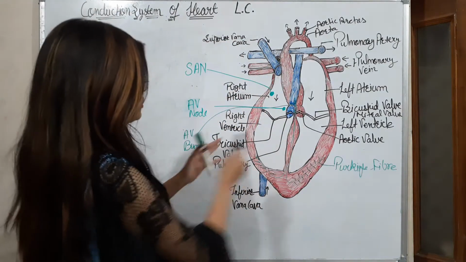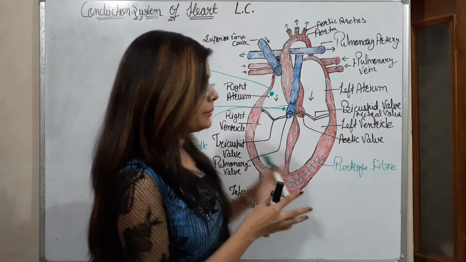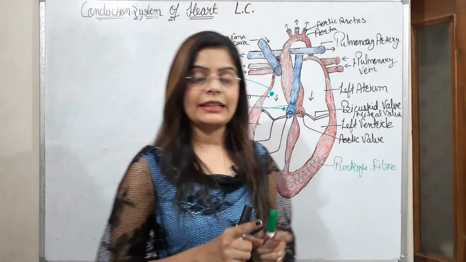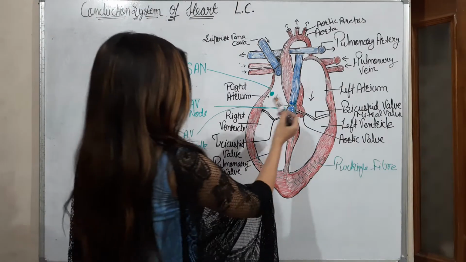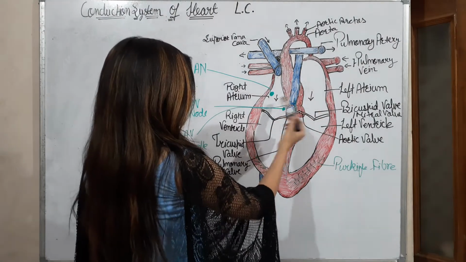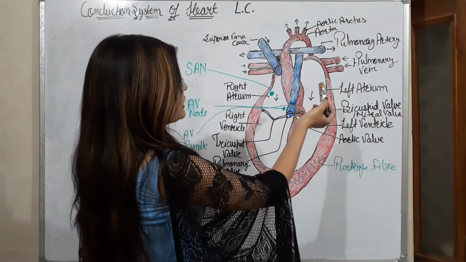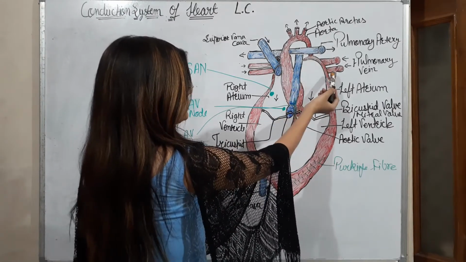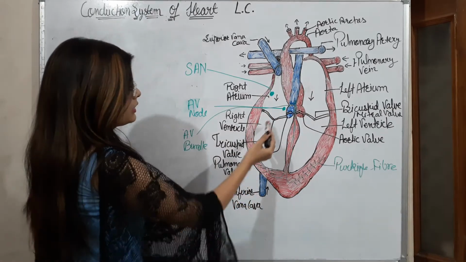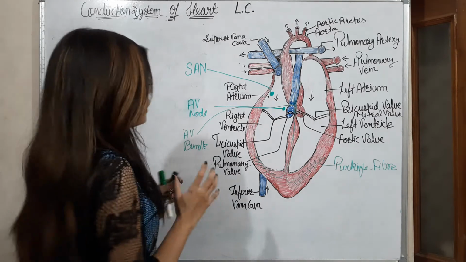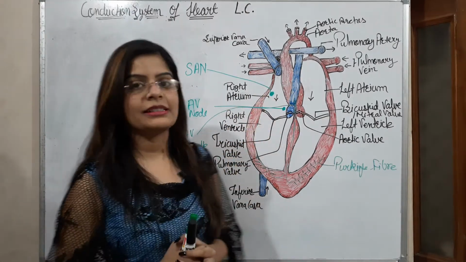So, this is the structure of the heart, and I am not going to describe it in detail because I have already described it. Now I am giving an overview: there are two atria, right and left, two ventricles, right and left, and some arteries and veins like the pulmonary artery, pulmonary vein and aorta, and the superior and inferior vena cava, and valves are also present. So, how is the impulse generated, and how do the atria and ventricles contract?